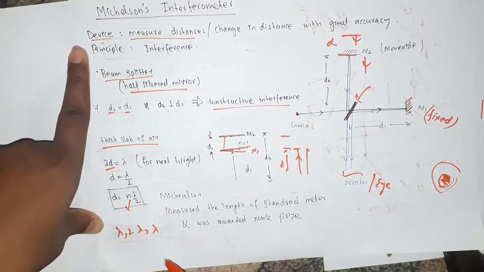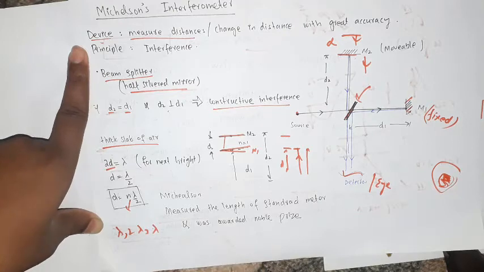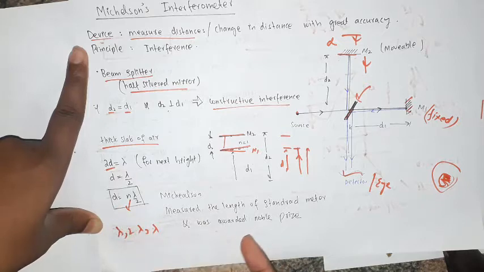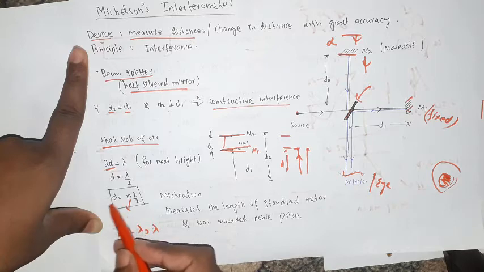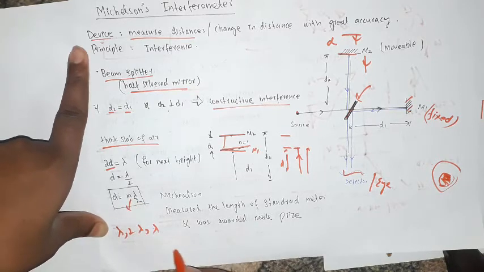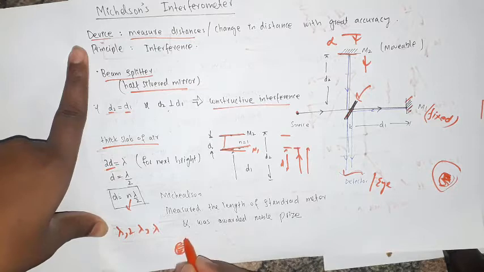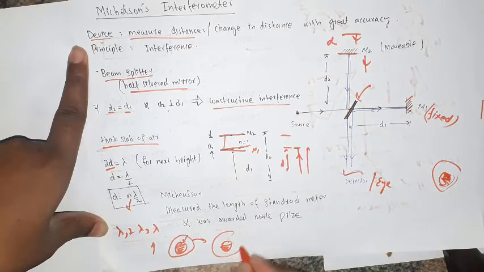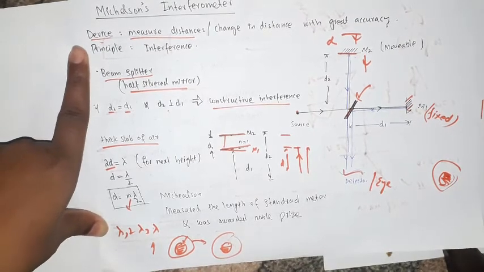That is the idea: if on the screen you have a particular interference pattern and you move the mirror M2 in such a way that you again get the same pattern, then you can use this relation to find the distance moved, that is d is equal to n lambda by 2, where n is the count. Let's say here we have the first fringe, here we have the second fringe. When you move d away, this pattern will come here. Next time it will be at the center and the next will come here. So this basically represents n.